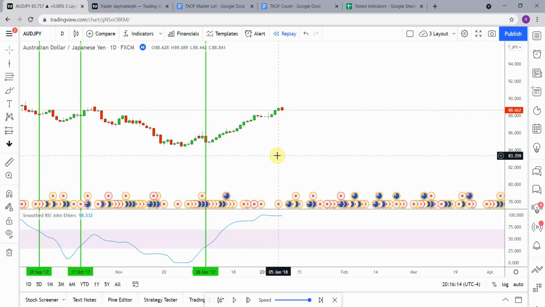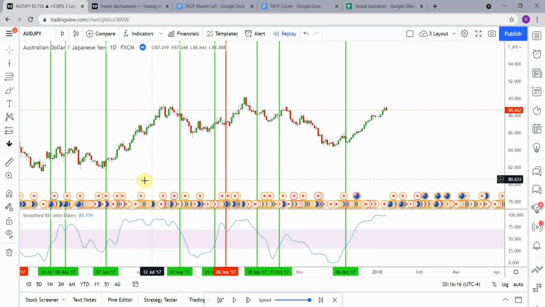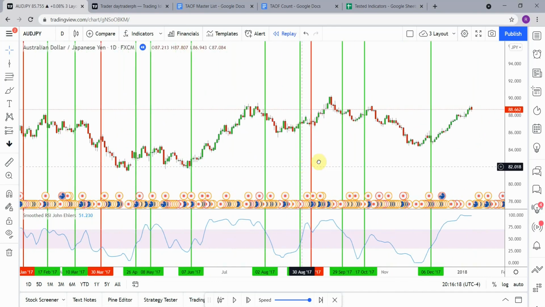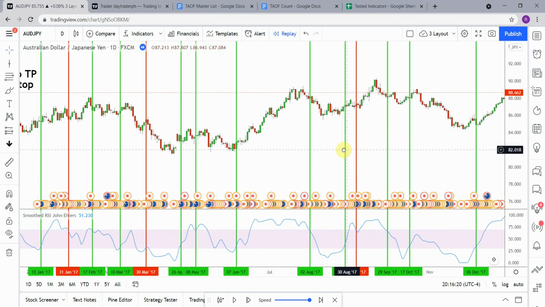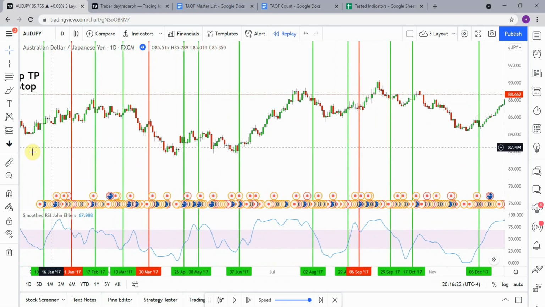All right, so let's take a look at what we got going on here. All right, let's count these out and see what we get. So we got 1, 2, 3, 4, 5, 6, 7, 8, 9, 10, 11, 12, 13, and 14. We have 14 trades altogether, and we have 1, 2, 3, 4, 5, 6, 7, 8, 9, 10, and 11